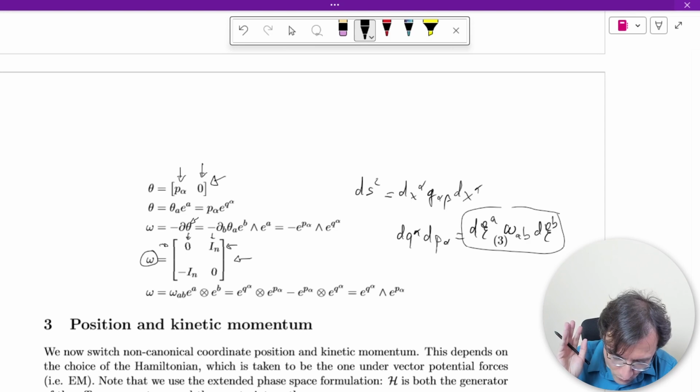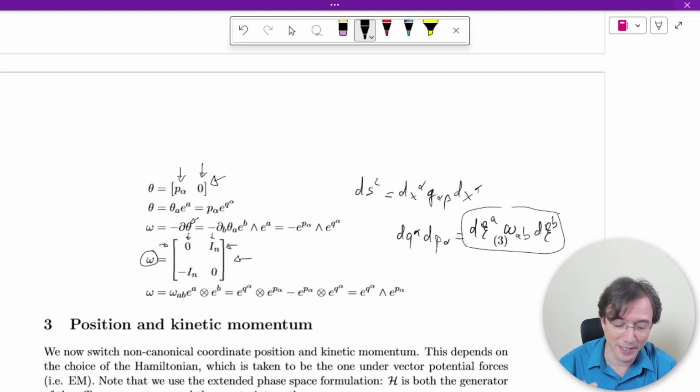Okay, so what we're going to do here is that typically these things are written in position and momentum, because position and momentum are canonical variables. They're special because they allow you to write the symplectic form in a very, very simple way, in this 0, identity, minus identity. And that's why position and momentum are the good coordinates to calculate areas and volumes in phase space if you're doing statistical mechanics. But there is nothing preventing us